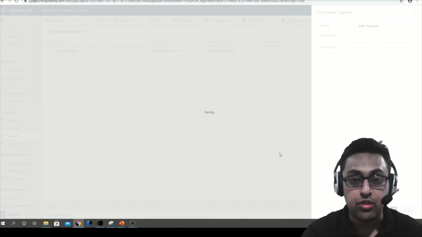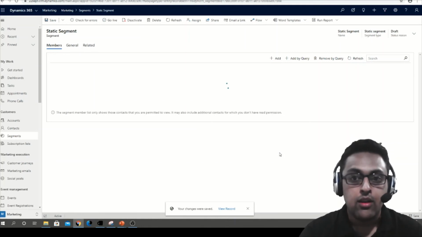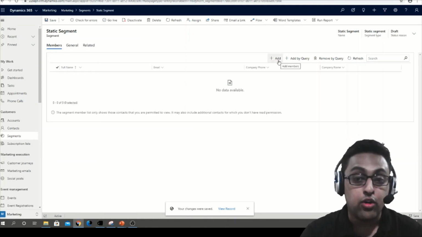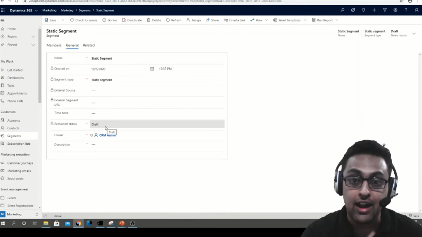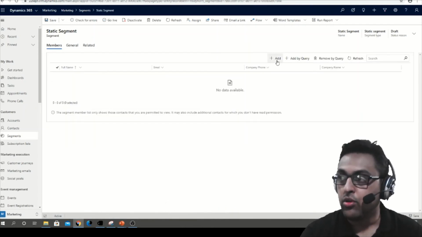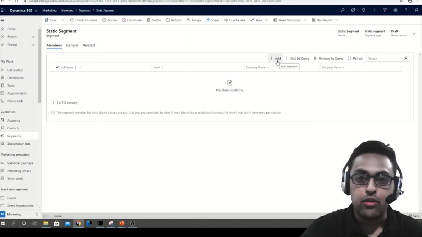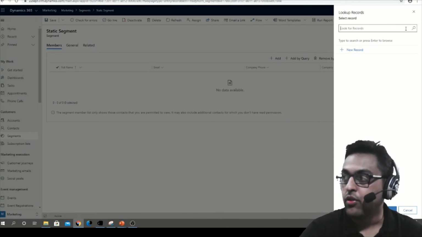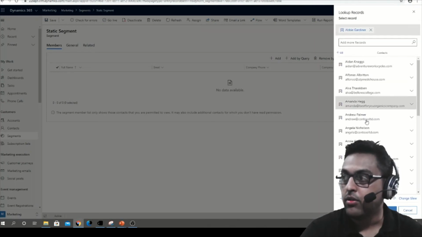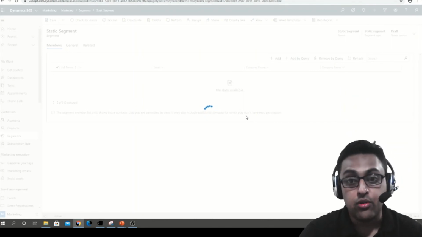As soon as you do the save and close, you will be loaded up with the same form. However, what you're going to get is the ability to add your own members. Under general, you will again see the same status like draft, but under members you have to go and add your particular contacts one by one. Either you can add the contacts manually, like you can go and search for your contacts. So I will search for certain ones. Okay, here I have Abby and I can add Abby in here,